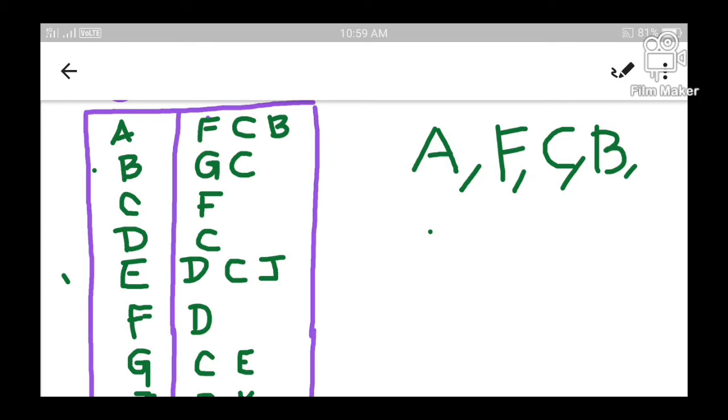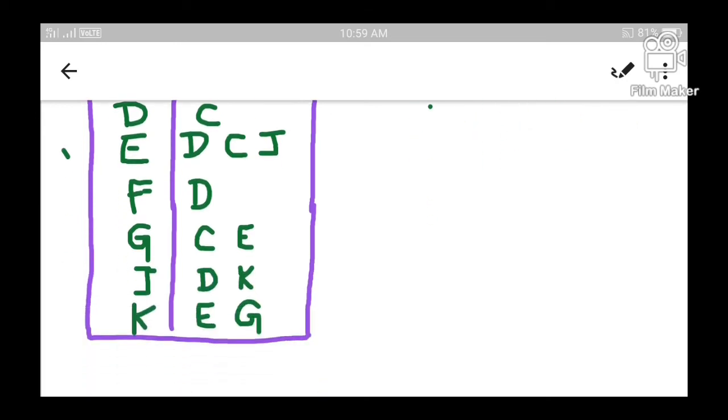Simply speaking, only unvisited nodes will be selected so that they can be inserted into the queue. So this time C was already visited and the only unvisited node is G, so I am going to insert G into the queue.